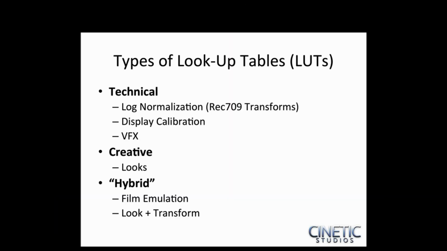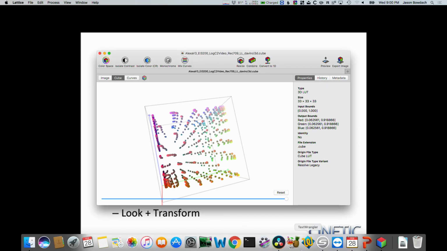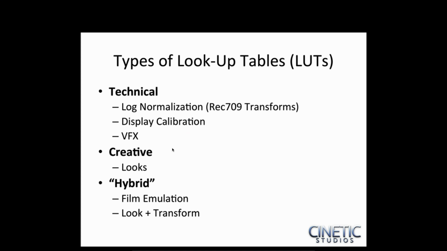Now, there are different types of lookup tables, and it's really expanding almost every day. But the general types are technical, creative, and then a hybrid, which is a combination of both of them. Now, technical is the boring type, and I'm sorry, but I have to go through this just so you guys understand it. And technical includes the log normalization LUTs that you get from your camera manufacturer. That's ARRI, that's Sony, that's Blackmagic. That's the boring ones that come with, say, DaVinci Resolve. That's the monitor calibration LUT that your calibrator provides to you when they come and calibrate all the monitors